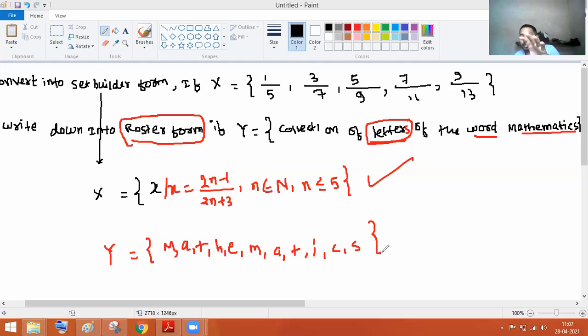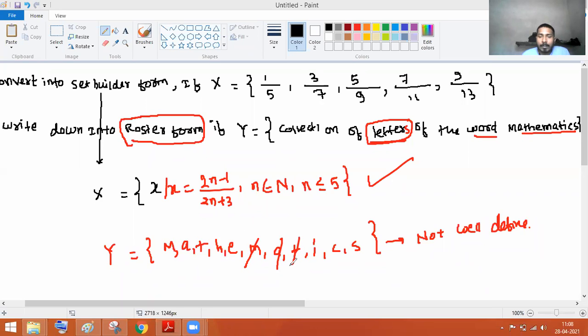So basically this is the collection of the letters, but we are writing a set. And in sets, we know that a set is a collection of well-defined elements. Is it well-defined? It is not well-defined. The meaning of well-defined is that we cannot repeat an element in the set. So if you already wrote m here, you cannot write m again. Repetition is not allowed in a set. If you have written a here, don't take a again; if you have written t, don't take t again.